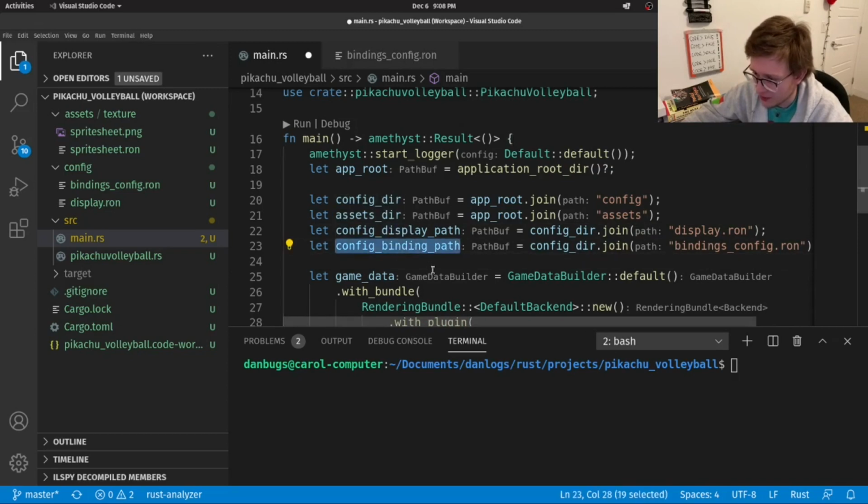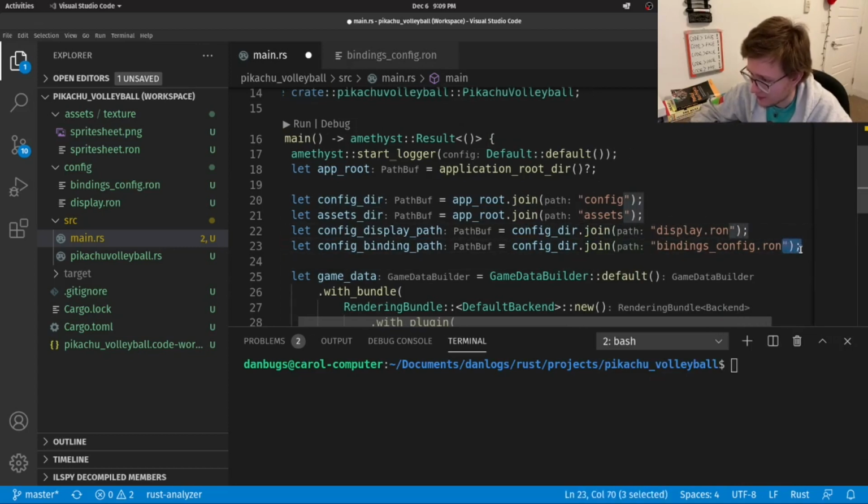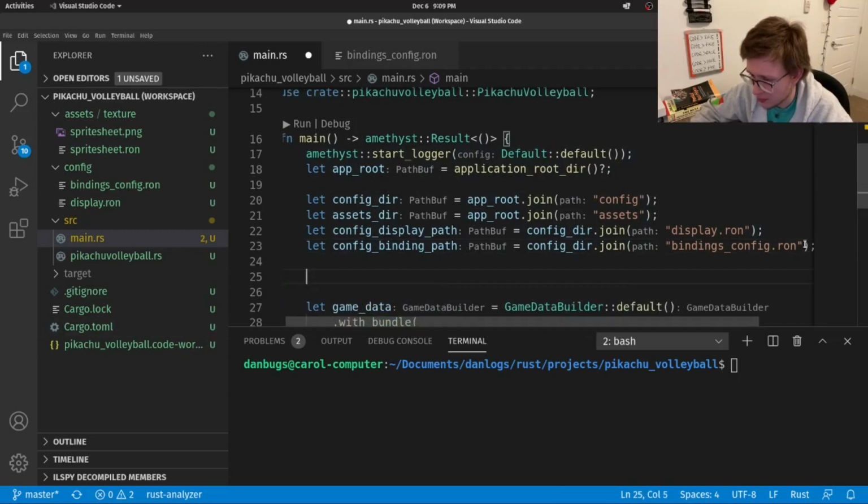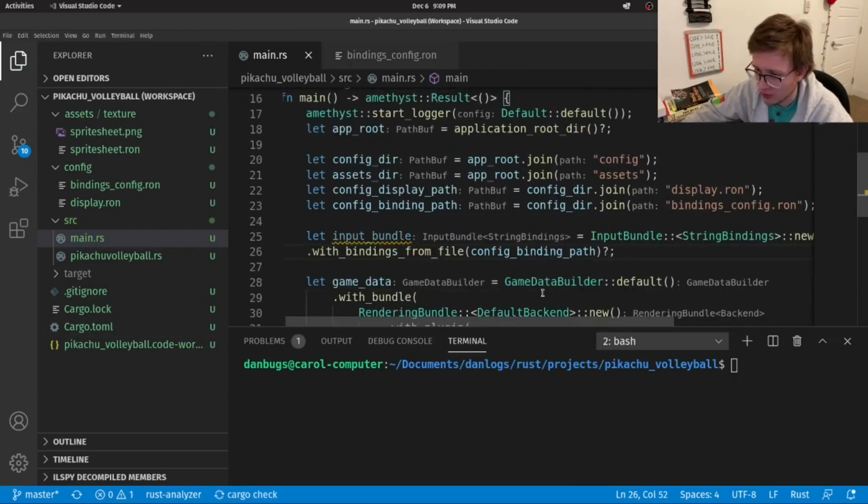So we're getting config binding path from the config dir, and the name, right? Now right below it, we'll get the input bundle, which, as the name suggests, will give us what we need for inputs.